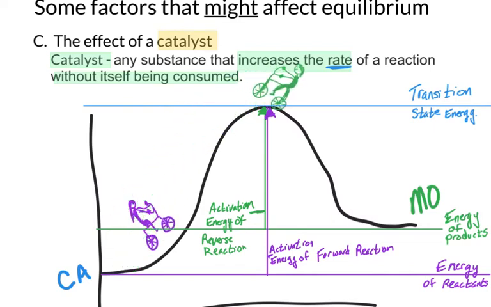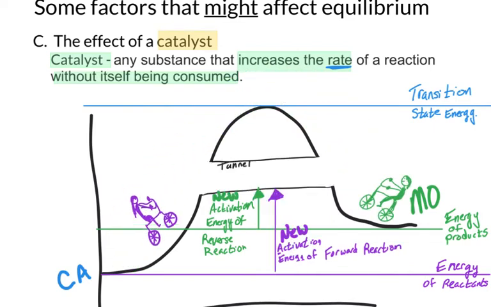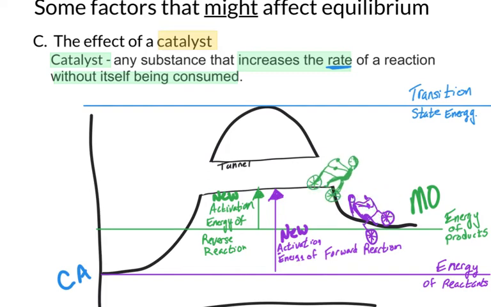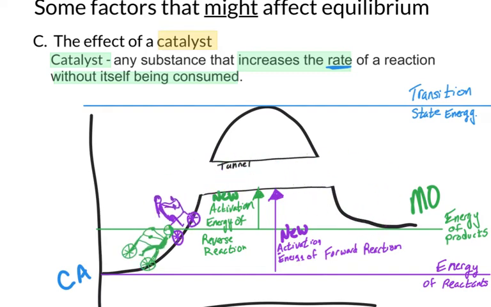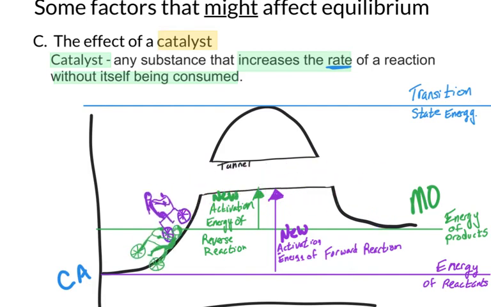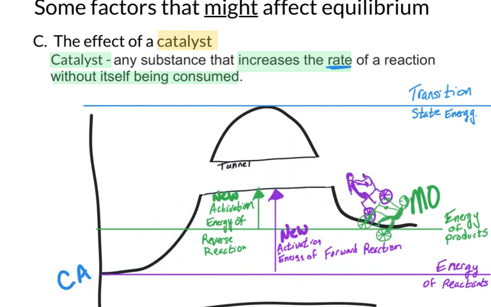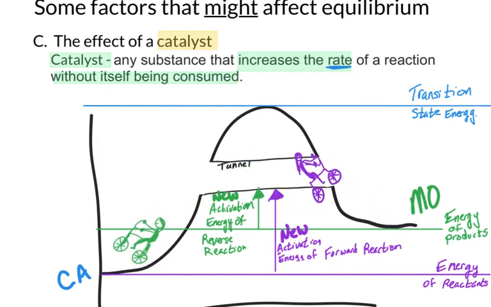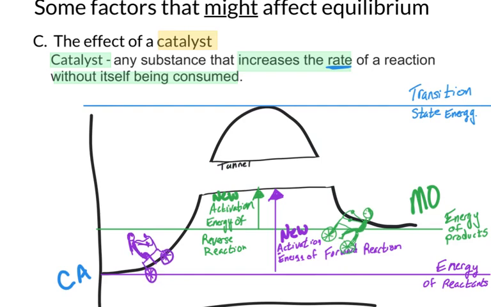What a catalyst did was like a tunnel. We added a tunnel in so that I could get from California to Missouri faster. And how it increased the rate was by lowering the activation energy, making it a little easier to do. Now, what about the person going from Missouri to California? Well, it also lowered the activation energy by the same amount, and so the increase in rate occurs in the